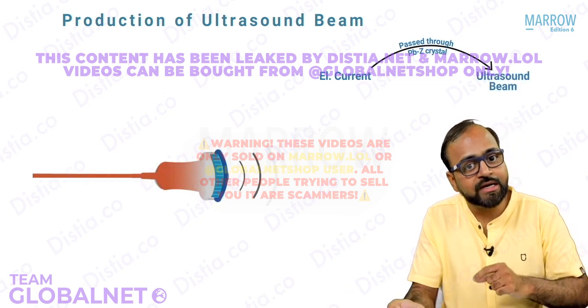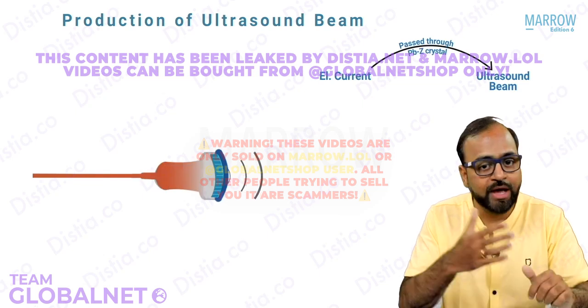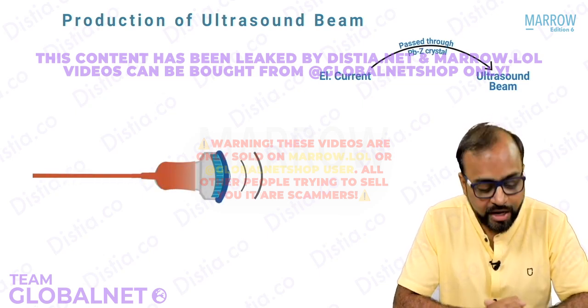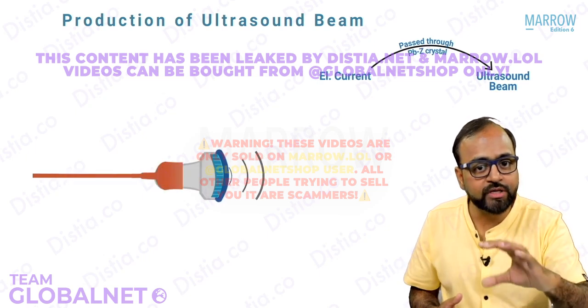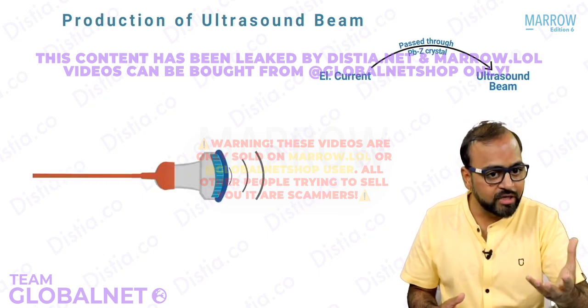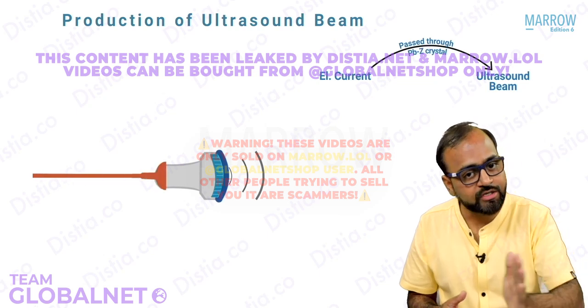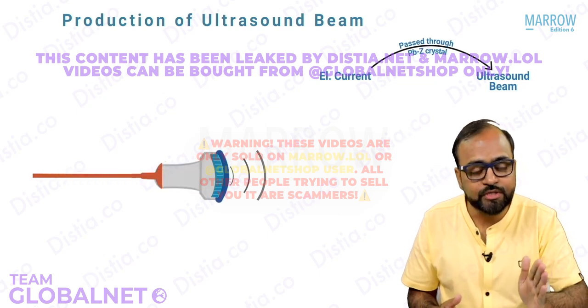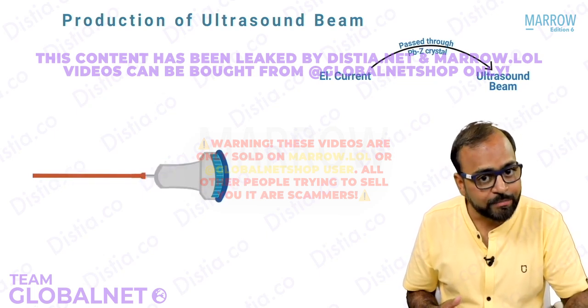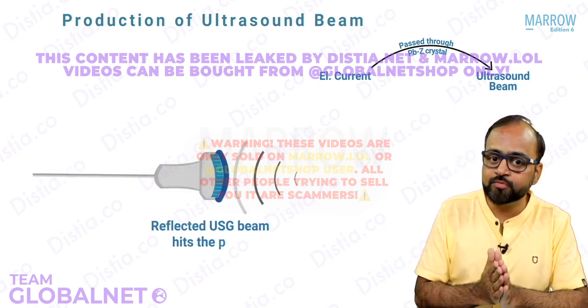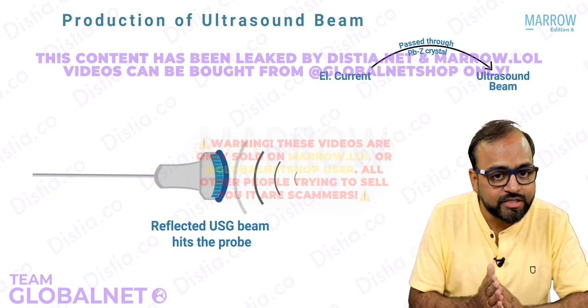Now the exact reverse of this also happens when an ultrasound is done. And what is that? So when an electric current is passed through a probe, through the crystals, they vibrate because of the realignment of internal dipole structures, and an ultrasound beam is produced. This ultrasound beam is introduced into the patient's body, isn't it? Now what happens? It is reflected back from the patient's body, and when it comes back,